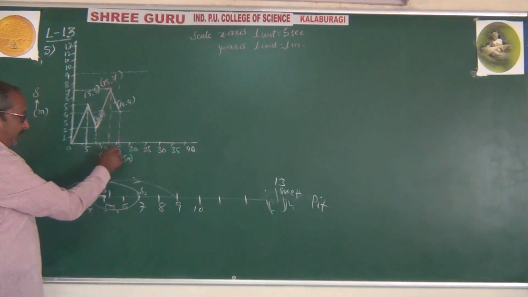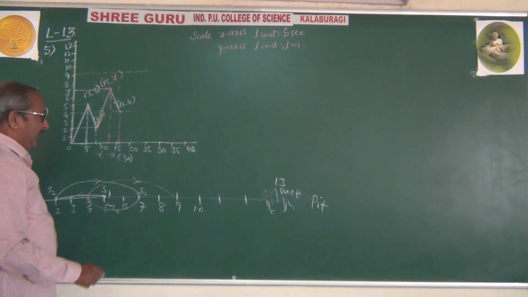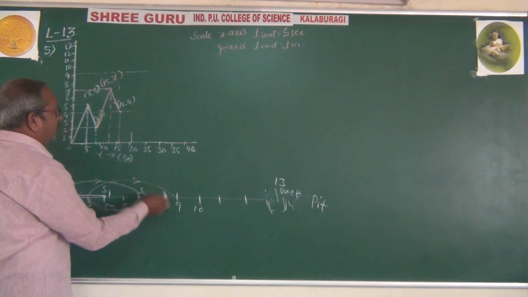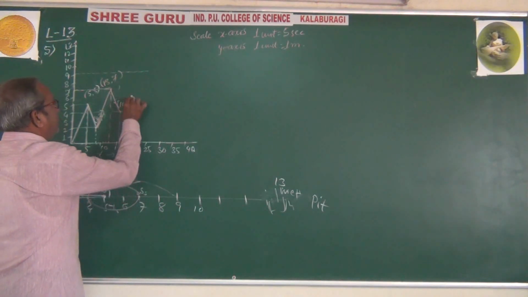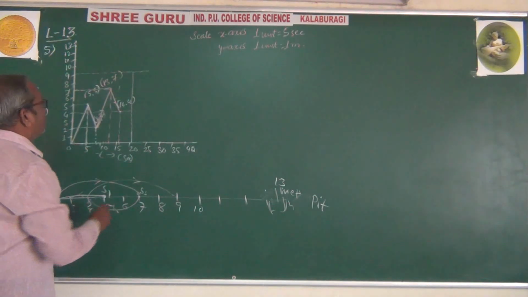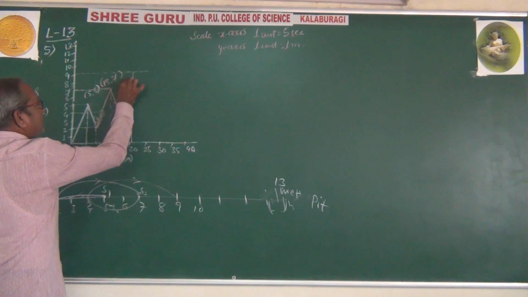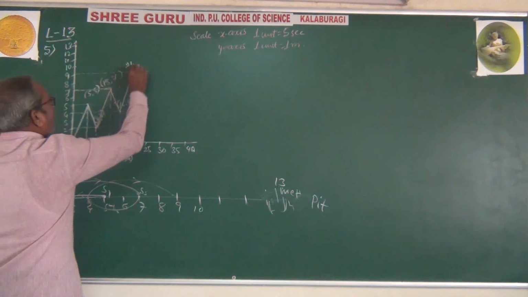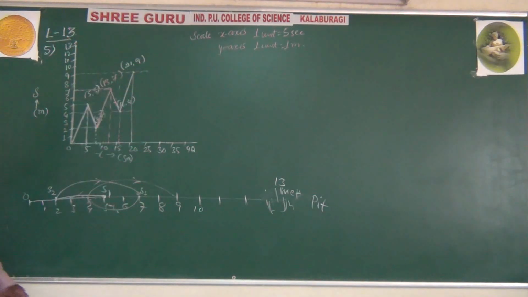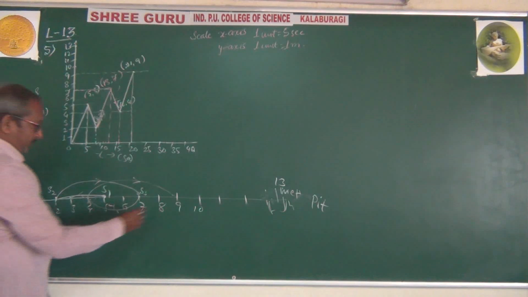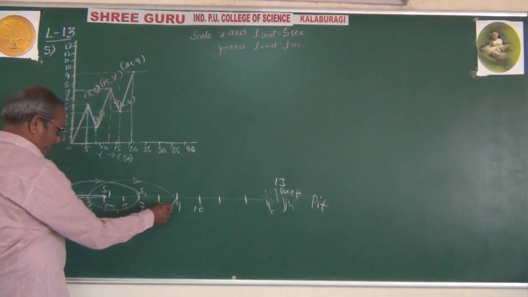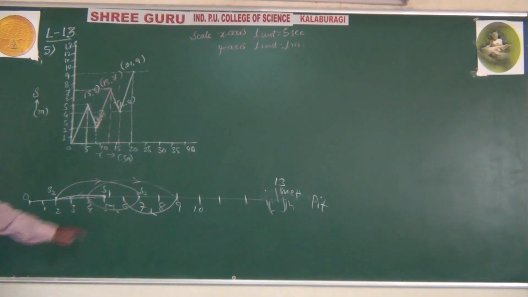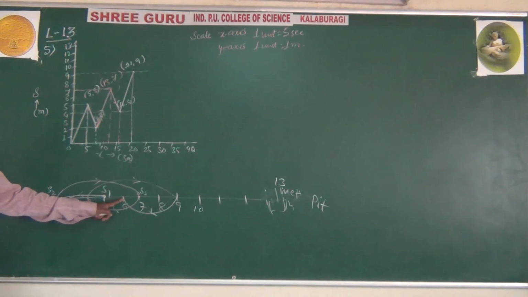What is the time? After 16: 17, 18, 19, 20, 21. Here will be the 21 position. And he is now at the 9 position. So that means here the x value is 21 seconds, the y value is 9. After that, he will come back 3 steps. 3 steps he will come back, which means his position will be at the 6 meter position.